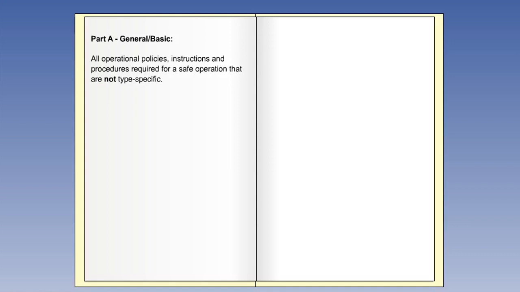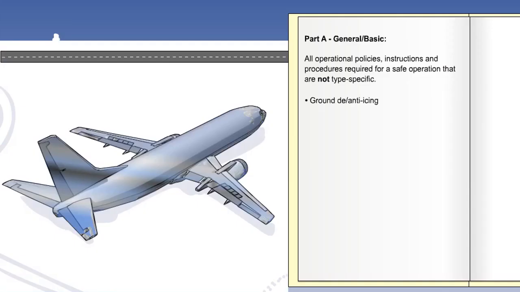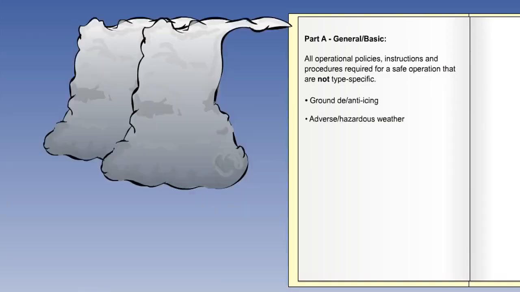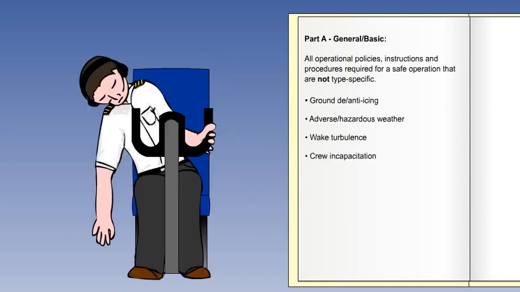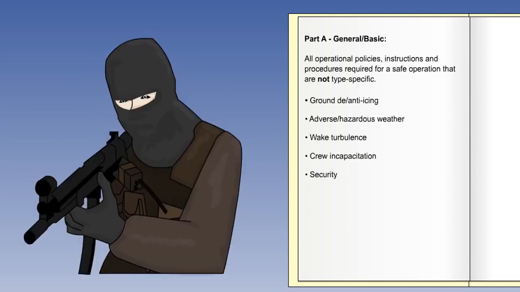Now, we will examine each part in more detail, starting with Part A, General Basic. This part contains much information about safe flight that is common to all aeroplane types. For example, ground de-icing and anti-icing, adverse and potentially hazardous atmospheric conditions, wake turbulence, incapacitation of a crew member, security,